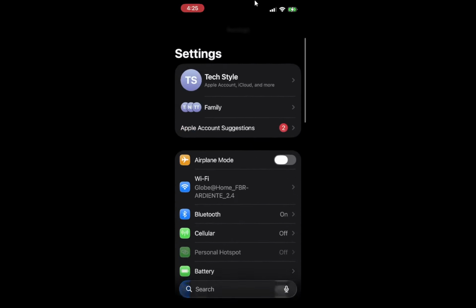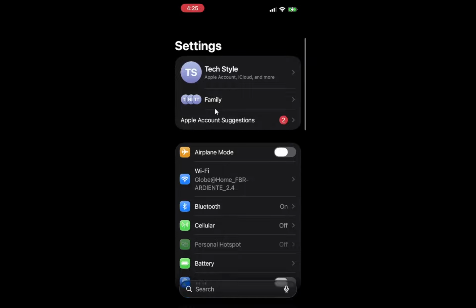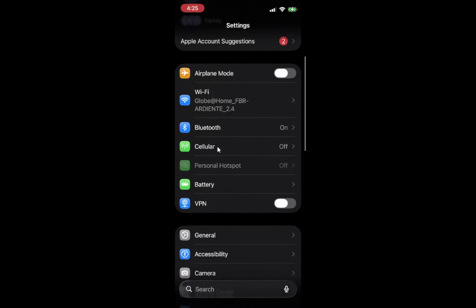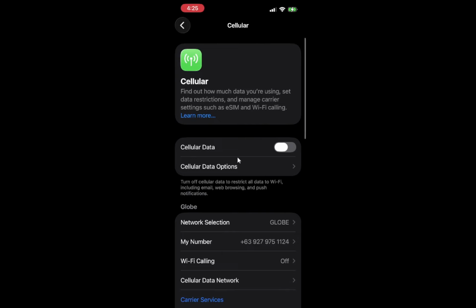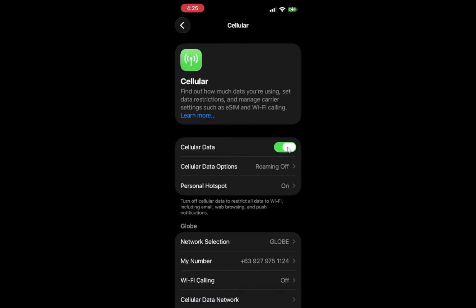have returned. Now check that cellular data is enabled. Go back into Settings, then tap Cellular. On this screen you should see a switch labeled Cellular Data near the top. Make sure that switch is turned on, so it shows green. If you use Dual SIM or eSIM, tap your cellular plan shown under Cellular Plans, then check that Turn on this line is enabled. When this line is off, the phone keeps Wi-Fi but completely disables that mobile plan.